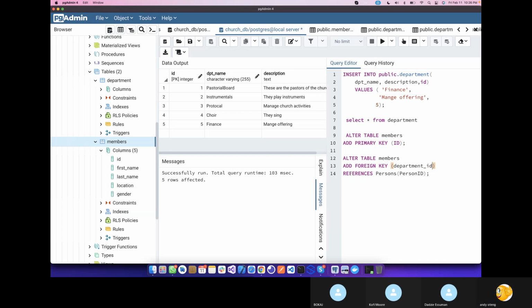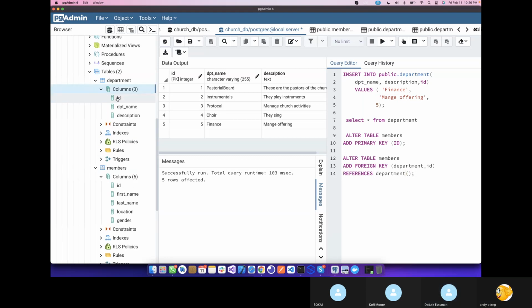Now, where is it referencing to? It references the table called what? Help me here. Department. Thank you. And what do you think it is referencing from the departments table? The column department ID. Thank you. So it's just ID. The column name is ID. Okay. So if I run this,